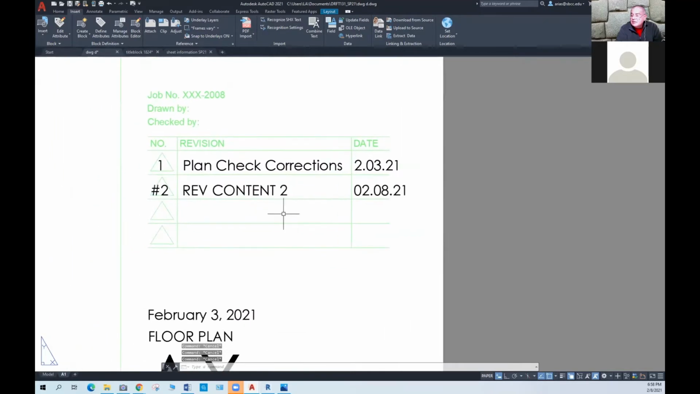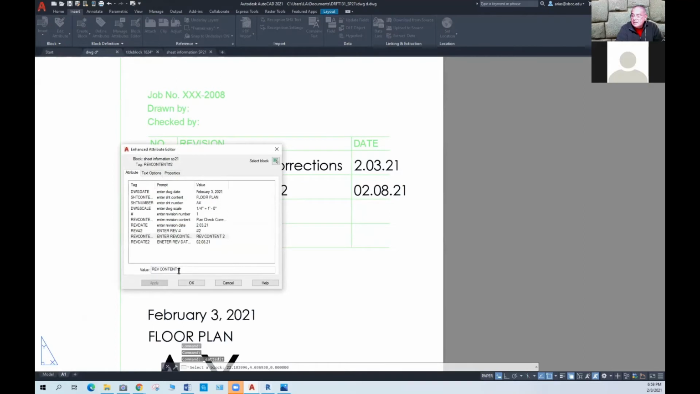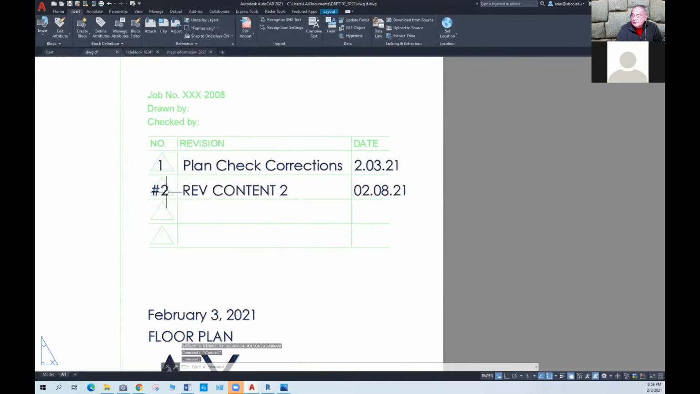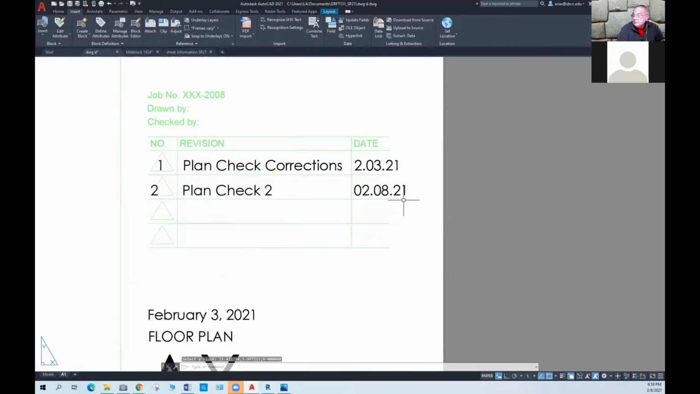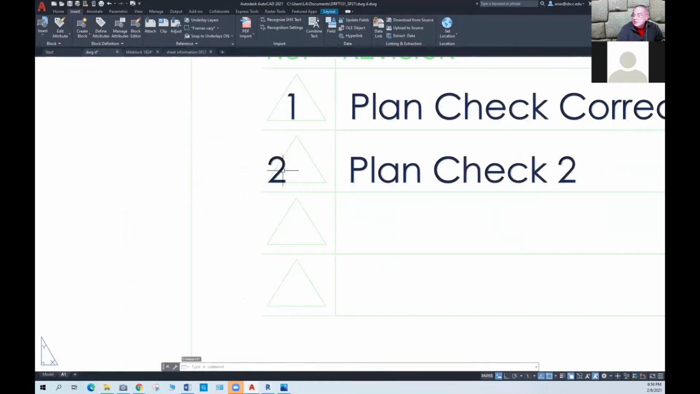And so now I can see that. So I'm going to double click here, and then we'll say, okay, the revision number here is going to be number 2, just 2. The revision content number 2 is going to be plan check 2. And the date can be some, and the date could be 2/8/21. Maybe I have that as the new one. And so